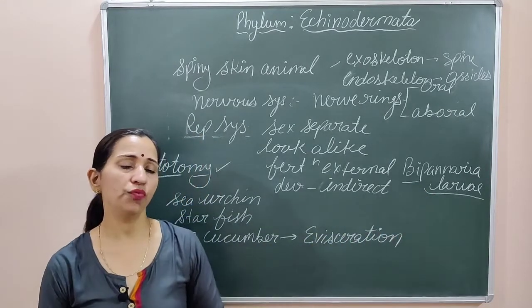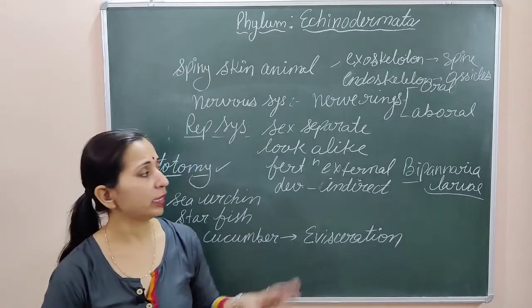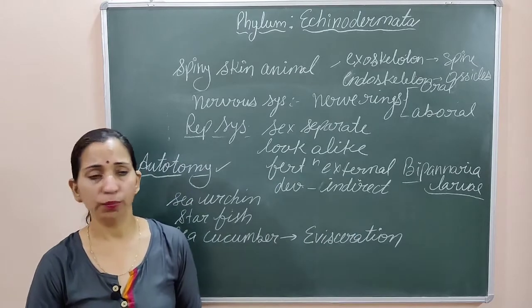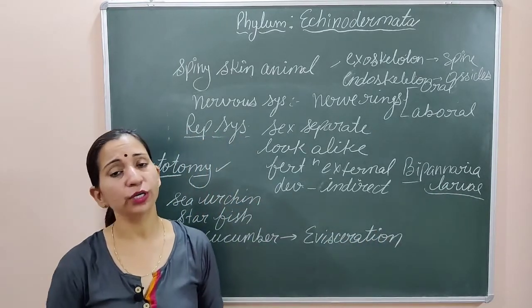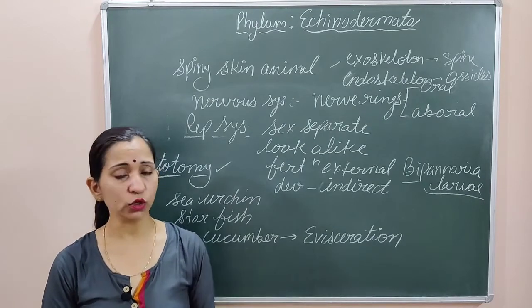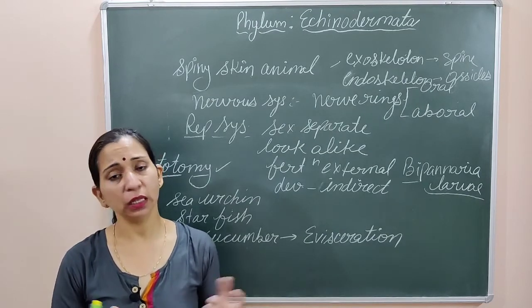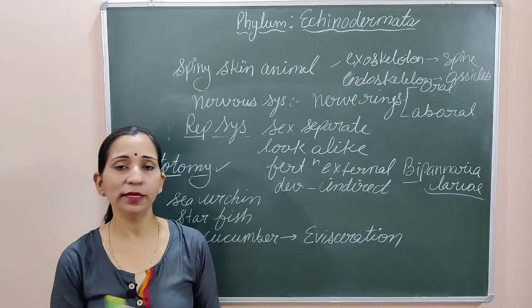They show varieties of larva, and the most important larva is the Bipinnaria larva. Bipinnaria larva, that is the most famous echinoderm larva. And that's all about the echinoderms. In the next video, we will discuss the next phylum, which is